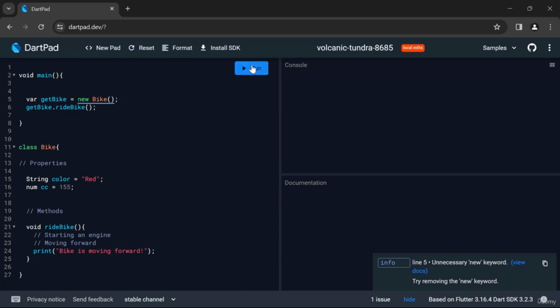And if I run this code, you can see that our main function has accessed the method of this bike object. So bike is moving forward, which is triggered by this ride back method. Now instead of just writing bike is moving forward, let's say a color, meaning red bike of 155 CC is moving forward. So if I run this now, you can see that red bike of 155cc is moving